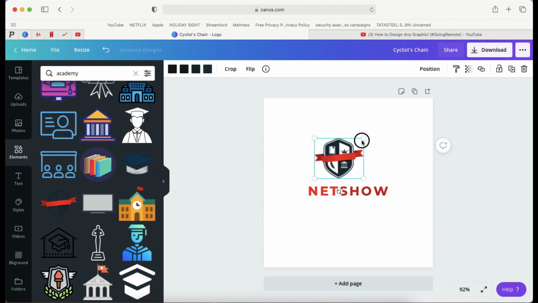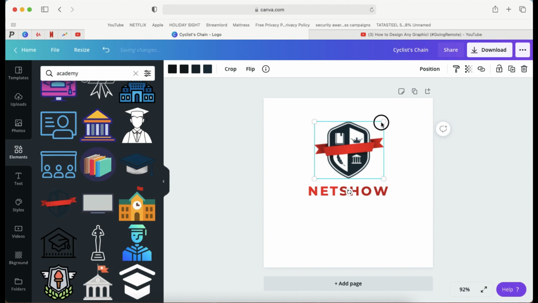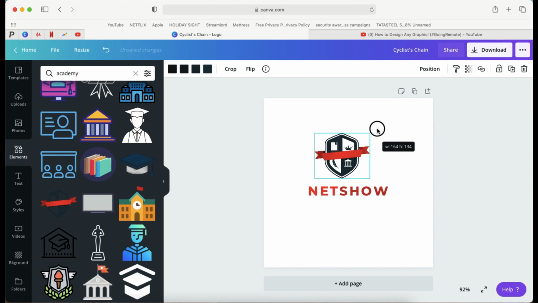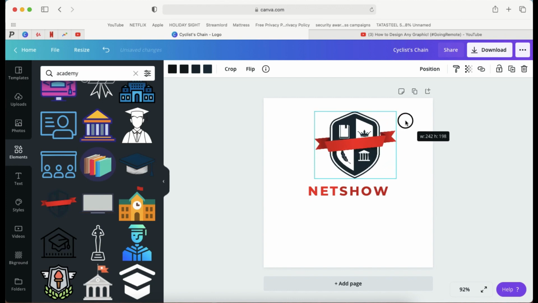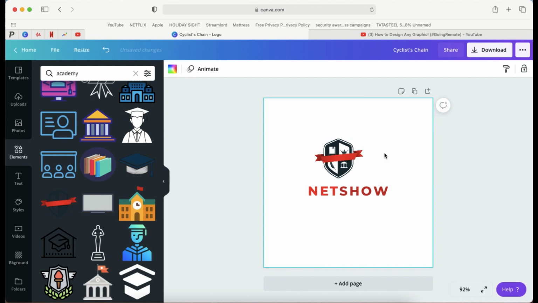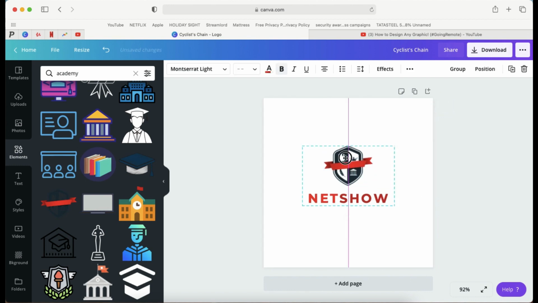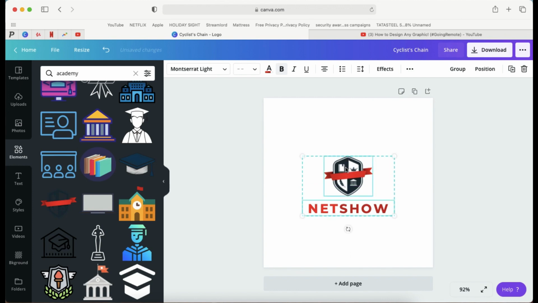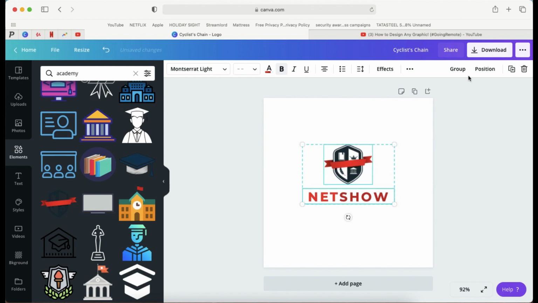So we will make it shorter, bigger. You can choose this thing. The best part in Canva is everything is on your click. So you can make it smaller also like this, and this is the white point. You can select this by a single click and make it shorter and bigger as well, but I'll keep it smaller, so it will be perfect for the NetShow Academy logo. So this is the NetShow Academy logo. If you want to choose a different color for the background, you can choose, but I'll make it group first.